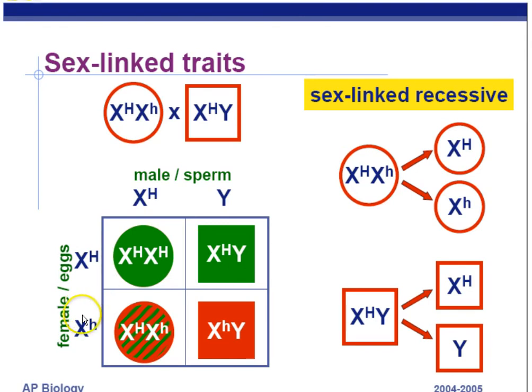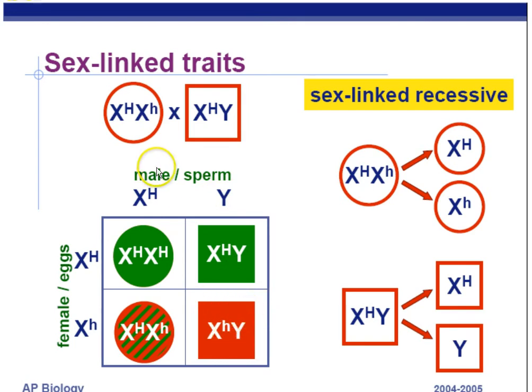But if the mom gives the hemophilia allele, represented by little h, then the son will have little h and Y, and since there's no X chromosome to hide that little h, the son will definitely have the disease. Now keep in mind these are carried on the X chromosome, and males only have Y chromosomes to give to their sons. So men never pass on X-linked disorders to their sons because they don't give the son an